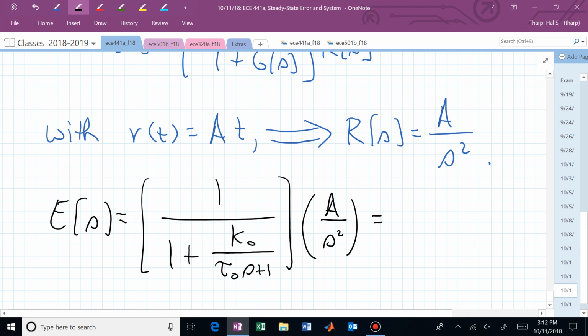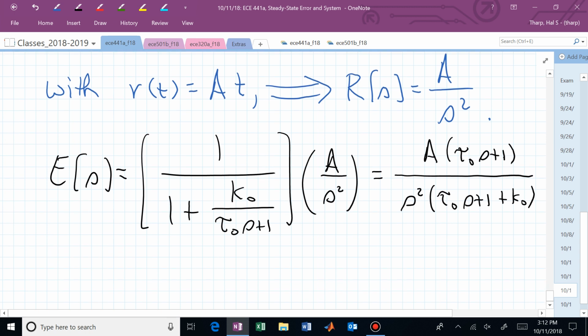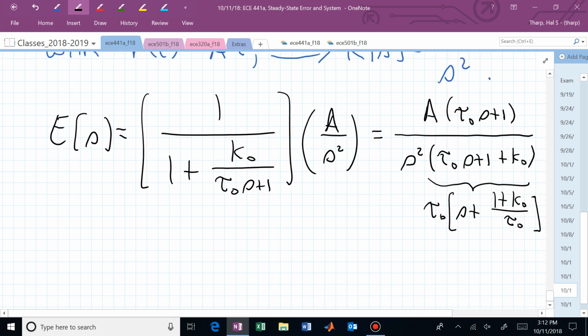If we simplify, we end up with a times tau sub 0 s plus 1, over s squared times tau sub 0 s plus 1 plus k sub 0. Or we could factor out a tau sub 0, and we have s plus 1 plus k sub 0 over tau sub 0,